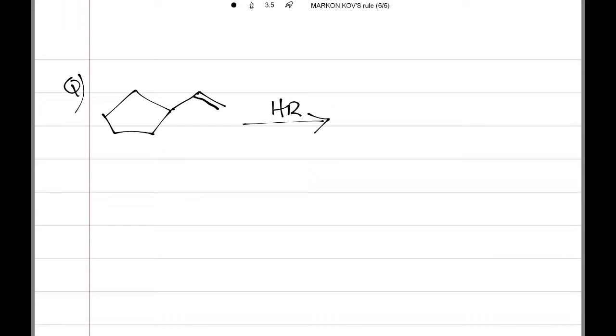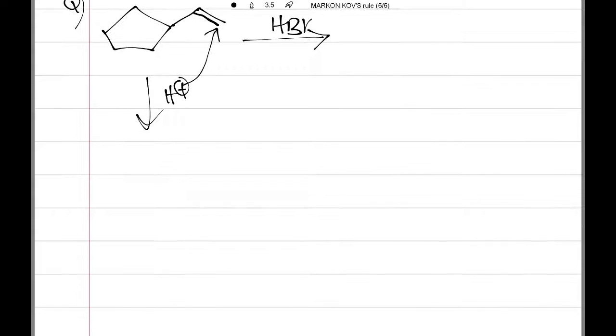So I am taking a 5-membered ring, and adjacent to the 5-membered ring we have a double bond like this way. Now what is the product of the reaction when I react it with HBr? So H plus is attached to the side with more hydrogens, and we can get the carbocation like this way. So this is the plus charge here, and this is CH3.